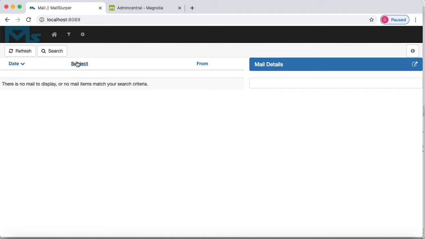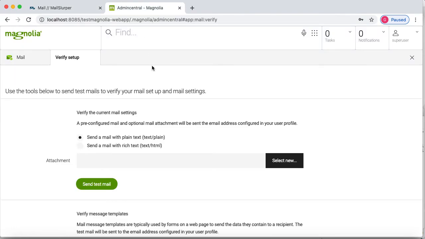So here we can do refresh. Yeah, now you can see that the SMTP server is successfully tested here. We have sent that test email, and now we have got this email here. So this is one part, and now for the second part, we will configure the username and password.